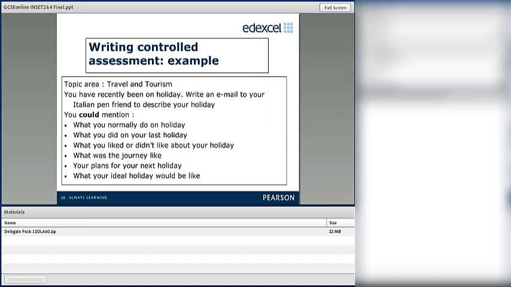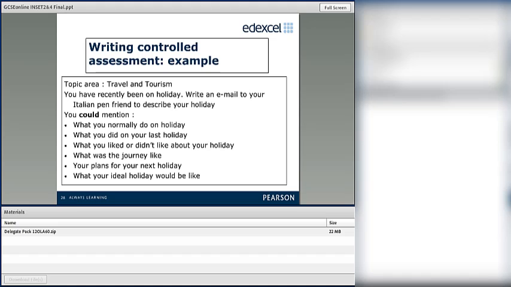Again, in general, it's better to give a fairly detailed task rather than just a title. There's been instances in 2012 with just titles like Le mie vacanze, but to help your candidates, it's always better to give them a list of bullet points. First, because you make sure that they cover the assessment requirement, like variety of tenses, opinions, and so on. And secondly, it does really help them focus, and it's also easier to assess them because you're assessing them versus these bullet points. One word of warning though, remember how you phrase it.